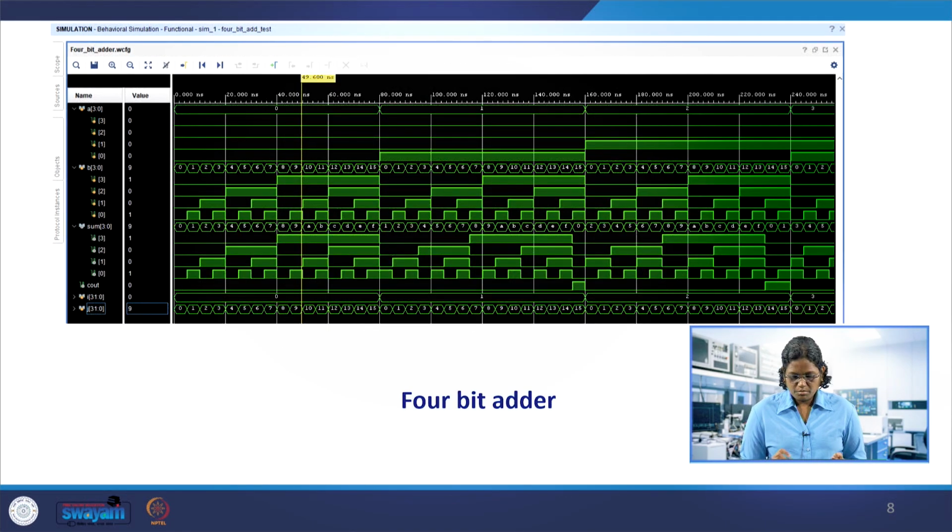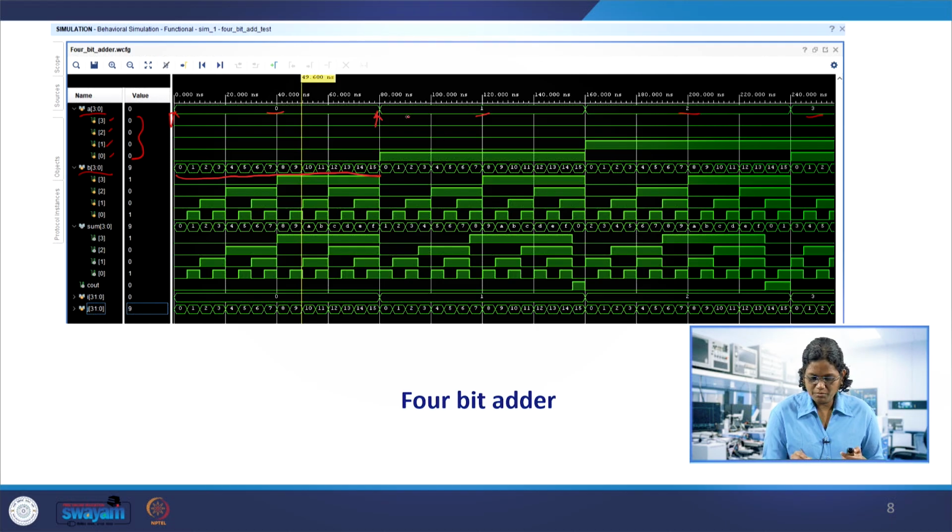This 4-bit adder's simulated outputs are shown in the waveform viewer. Here we have given A 0 to 3, that is 4 bits. You can see A is incrementing 0, 1, 2, 3. These are the expanded bits of A: A0, A1, A2, A3. And B, 4 bits, you can see it varying while A is 0, up to this point: B is varying 0, 1, 2, 3, 4, 5, 6 up to 15.